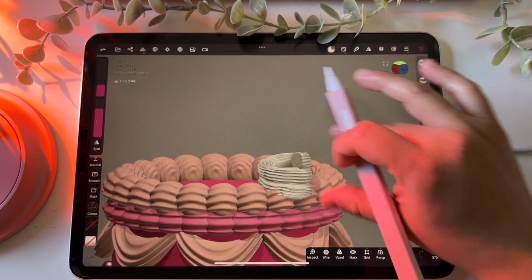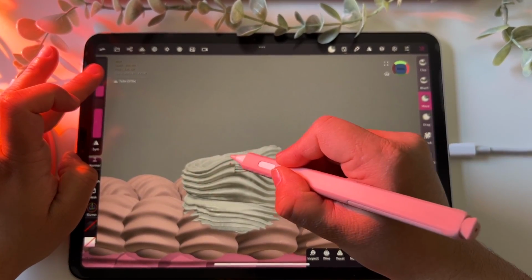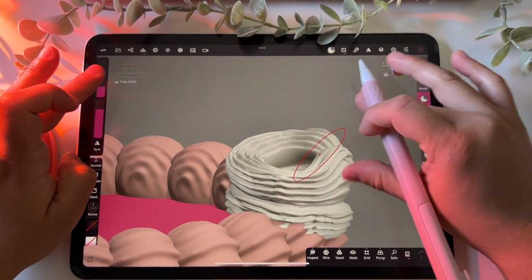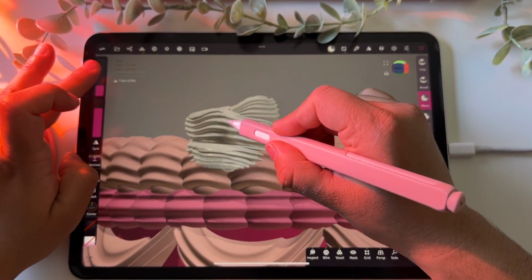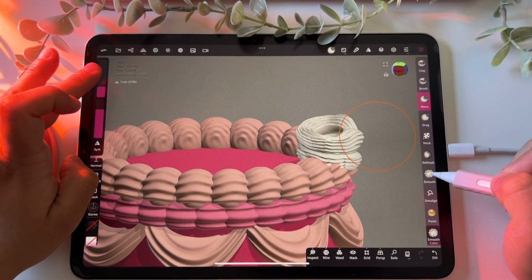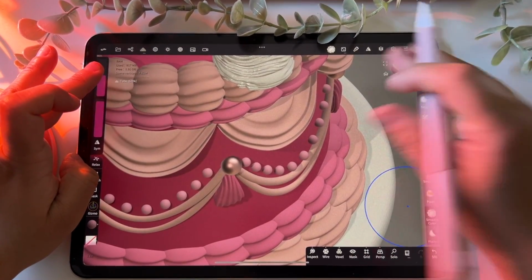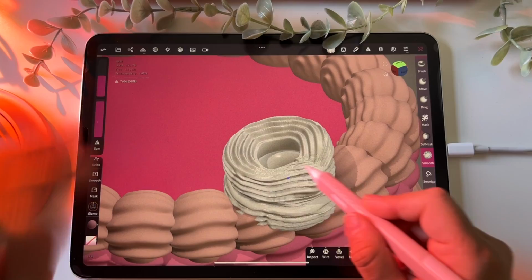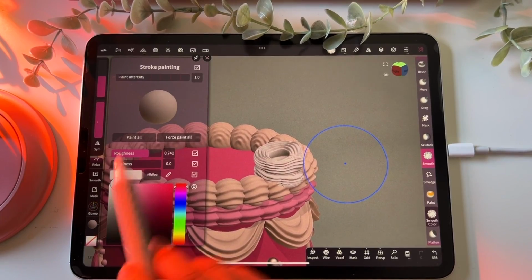And I don't really like how the edge here is finished, so sometimes I just kind of use the move tool to try and tuck that in there. And it may not matter a whole lot because we're going to make a cherry that sits on top, so it's not really going to show all that much, but it's just something I do. So something like that I think looks better. And you can kind of add some more texture to that with the brush tool, smooth. Yeah, so something like that,